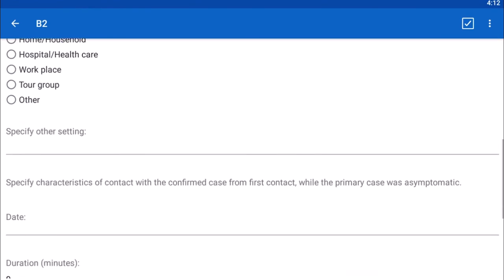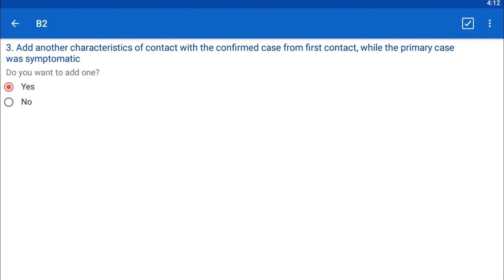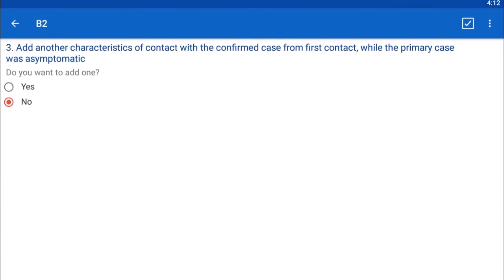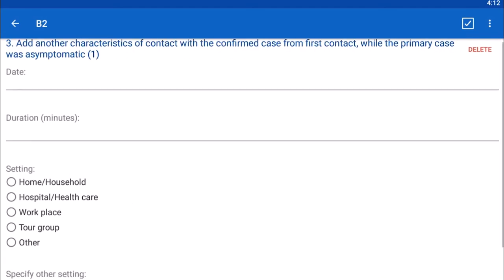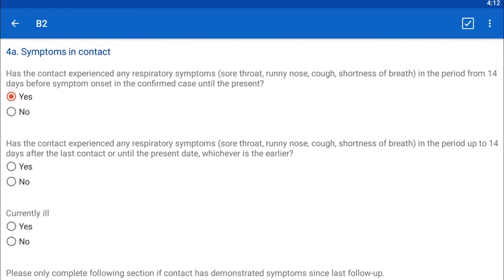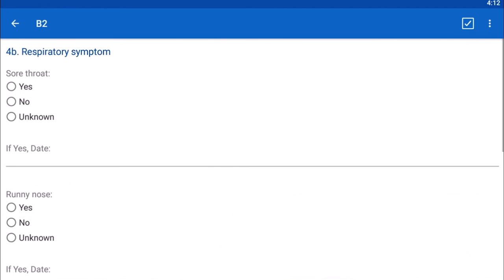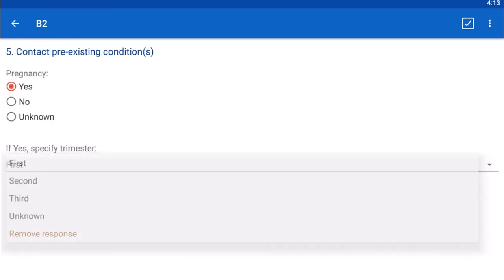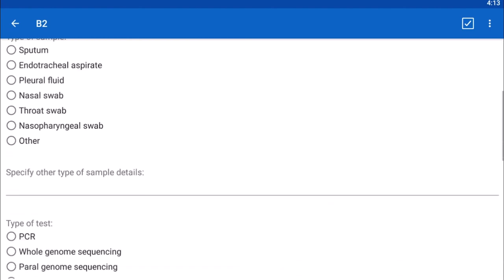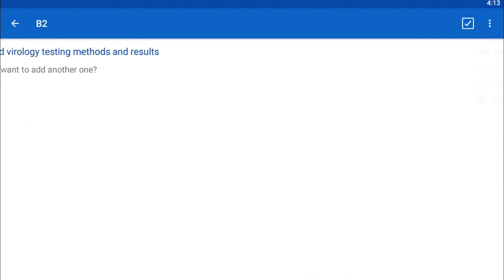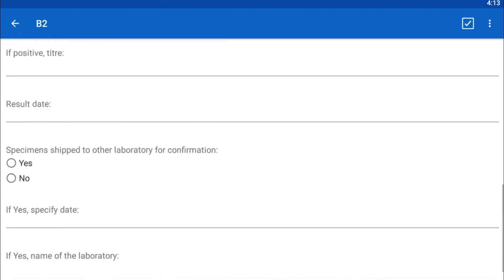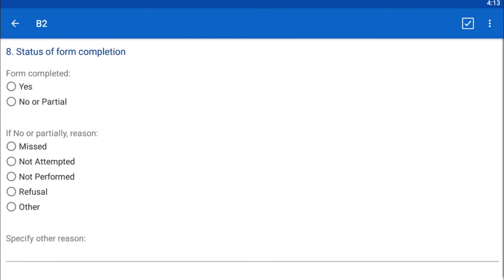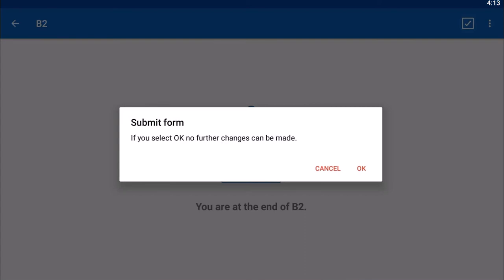exposure information details, symptoms in contact, which are multiple in records, any symptoms in contact, respiratory symptoms and other symptoms, any contact pre-existing conditions, multiple records of virology and serology testing and corresponding results, with the final contact classification at final follow-up and details of status of form completion, we submit the completed B2